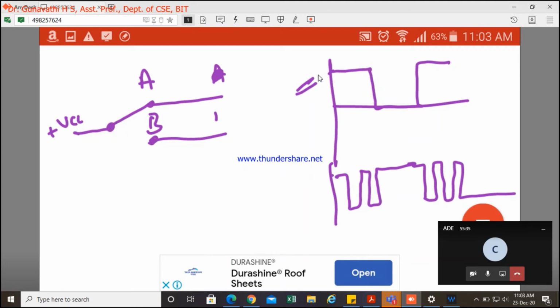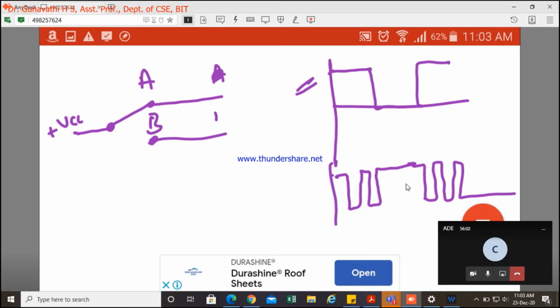As soon as I make it on, it should be high, and as soon as I make it off, it should be low. But there will be a bouncing effect, and after a certain period of time it will settle back in high. Again, when I make it low, there will be bouncing again, then it will settle back. How many times it bounces depends on the switch. Here I've just written it approximately.